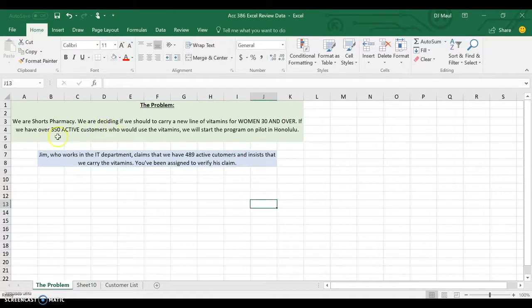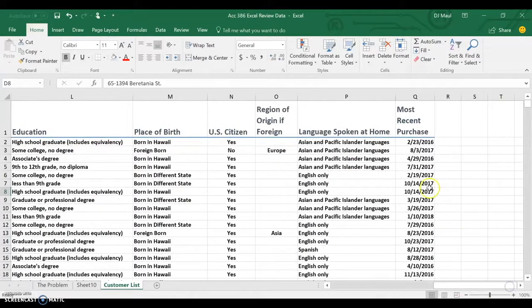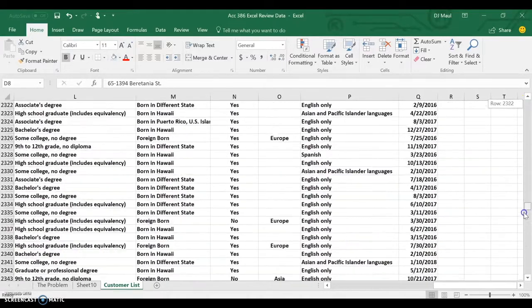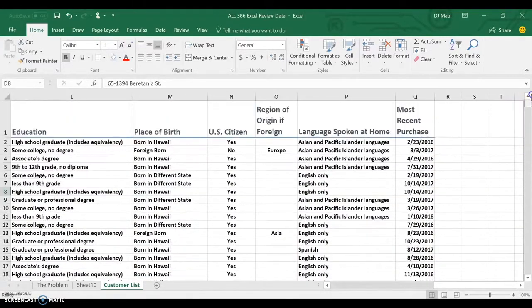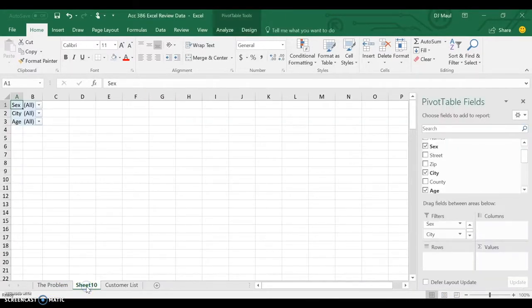One thing unique about this problem is we're looking for active customers. Now, the far column of the customer list has their most recent purchase, and it looks like we have a bunch of different most recent purchase dates. And active per this problem is described as a customer who's made a purchase within the last 4 quarters. So we're also going to need